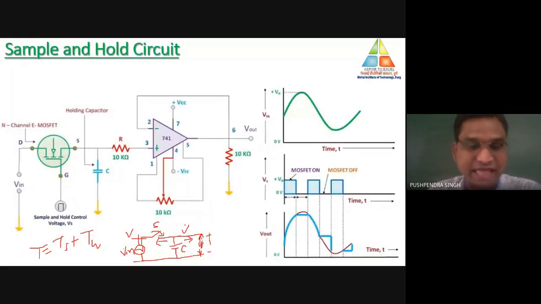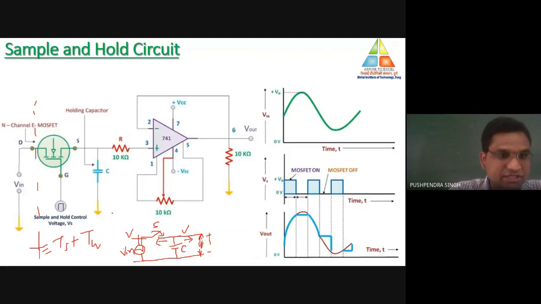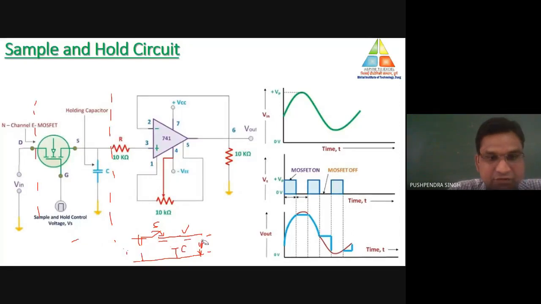Now let us discuss the actual circuit which is connected over here. We may divide this circuit into three parts. First part, let us divide. This is the first part. Now this one is the second part. Let me clear this first of all, then that would be clearer to all of you.